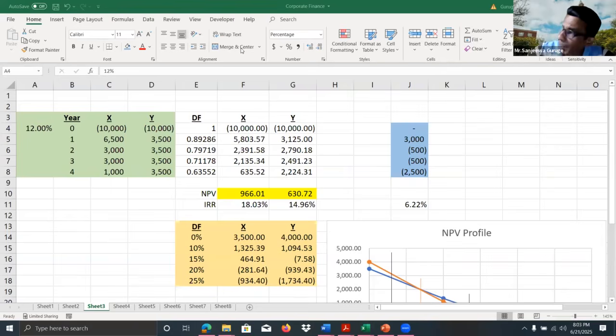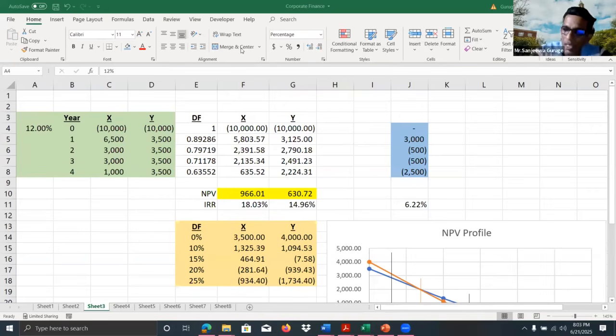But if we estimate the cash flows without adjusting for the change in the price level, that means this is the current price level and we are going to estimate the cash flows based on the current price level, which means we are considering constant prices. Then what are the cash flows? The cash flows are real. That's correct, right? If the cash flows are real, what should be the discount rate? The discount rate should be real, right? So we have to discount the cash flows using the real rate.